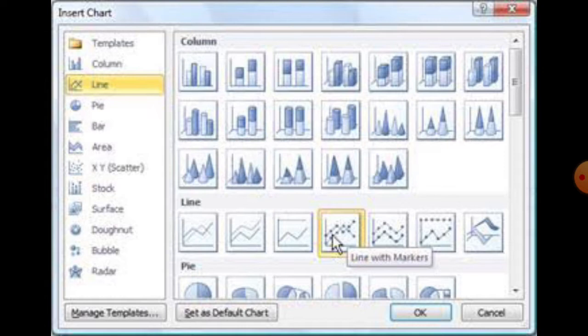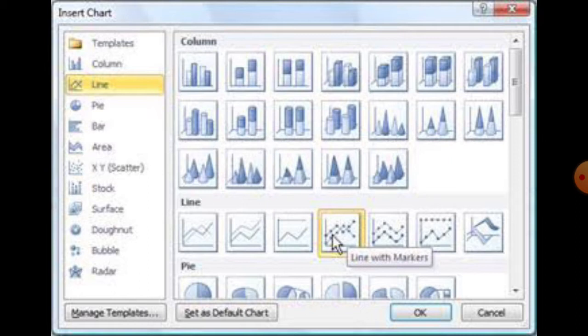Children, as we find here, there are many types of charts and their subtypes also. According to our convenience and data type, we use the charts. A chart is a very easy way to show data in a graphic form. A reader who wants to know the data about all the items can easily understand it by looking at the charts at a glance.